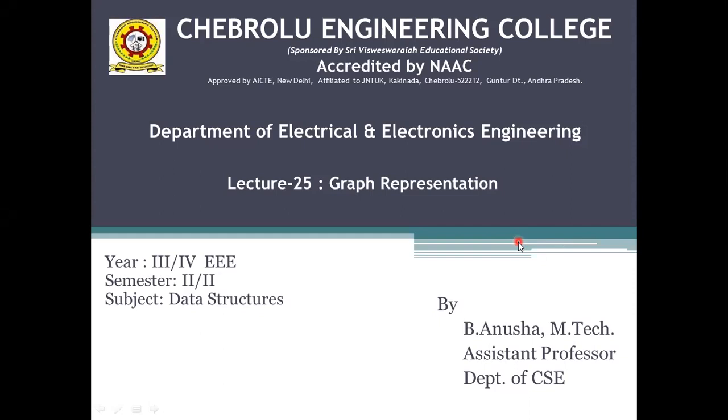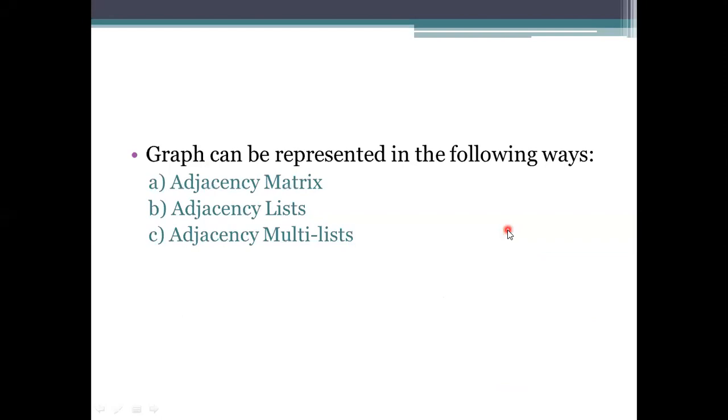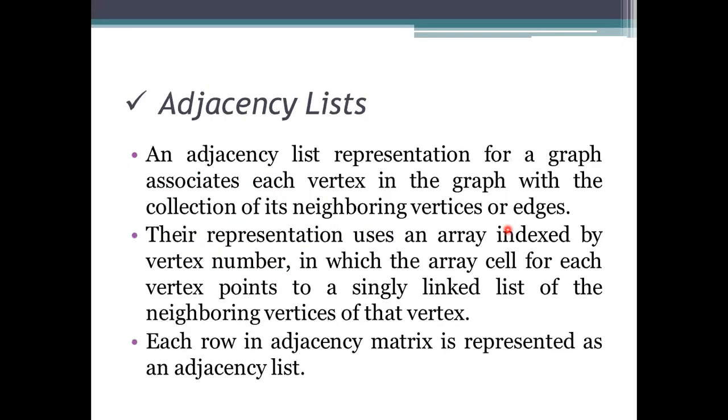In yesterday's class, we discussed the adjacency matrix. An adjacency matrix means the graph is in a square matrix format, where the rows and columns specify the nodes only. If there is an edge, we indicate it as a 1. If not, we specify it as a 0. Coming to the next one, the adjacency list.